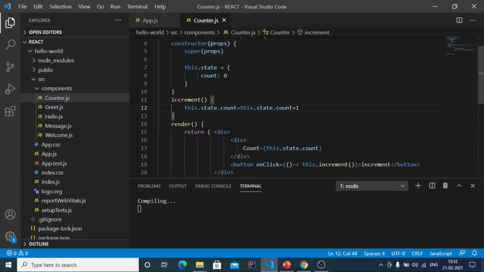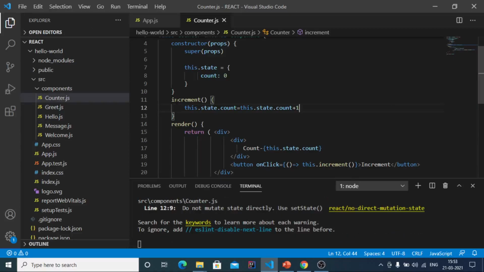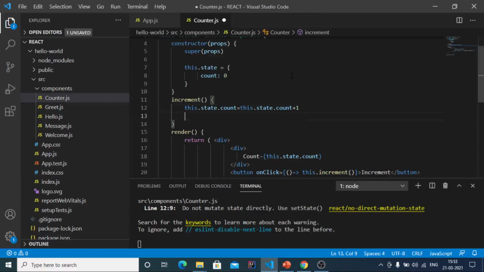So as we save this file, we should also have a console statement here, console.log.